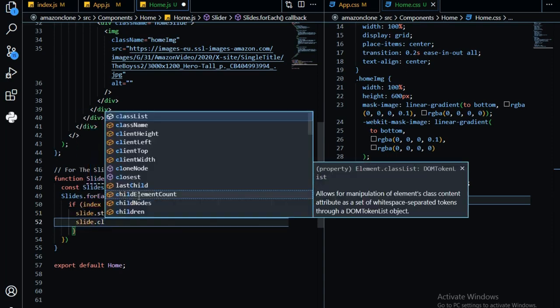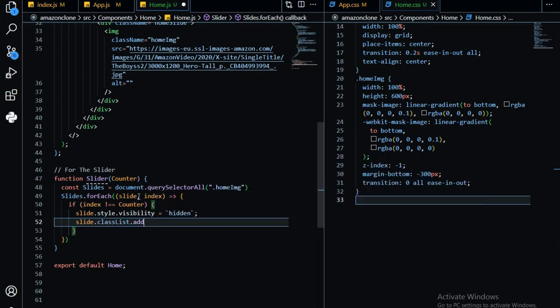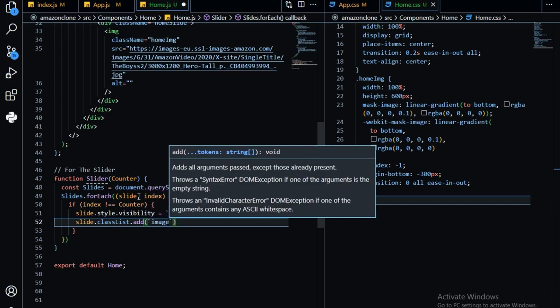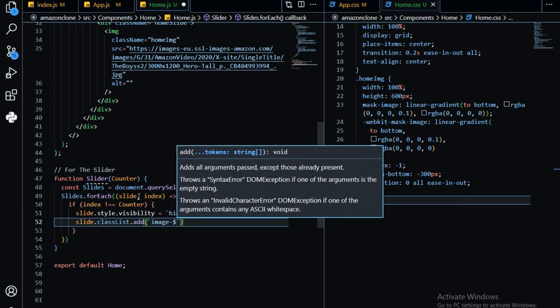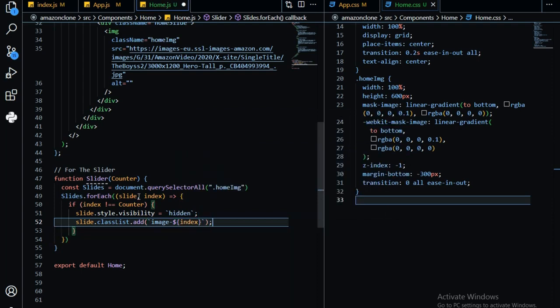And another for slide.classList.add, and I'm going to add a class in image and index,